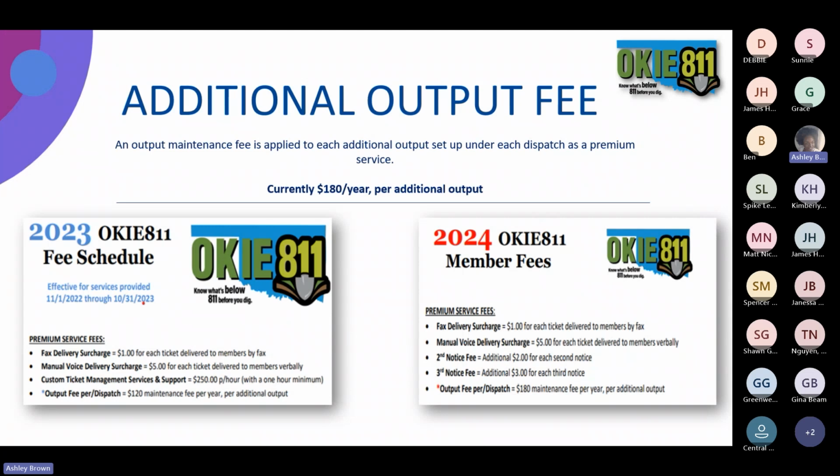So as we've mentioned, each output is the unique location where you're receiving all of your Oki 811 transmissions. You get one primary output per dispatch for free as a part of your basic service. The additional output fee is applied to each additional output that's set up under each dispatch as a part of a premium service. So effective November 1st, 2023, the additional output fee increased from $120 to $180 per year per